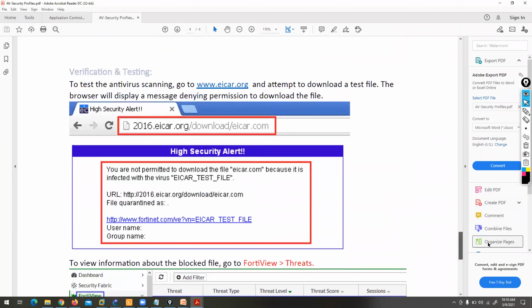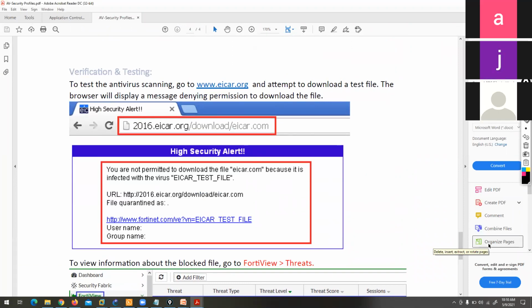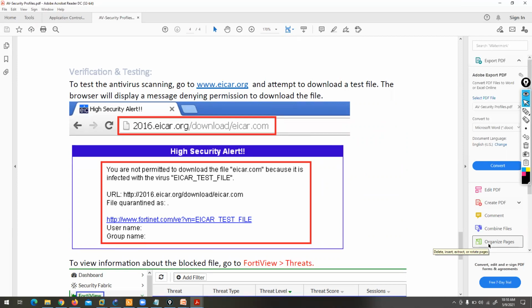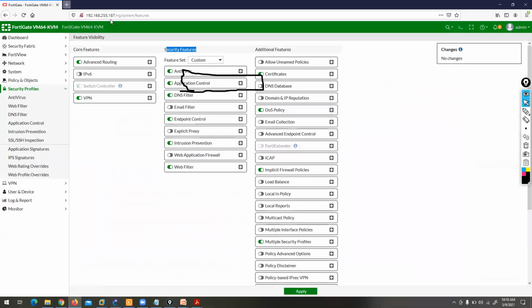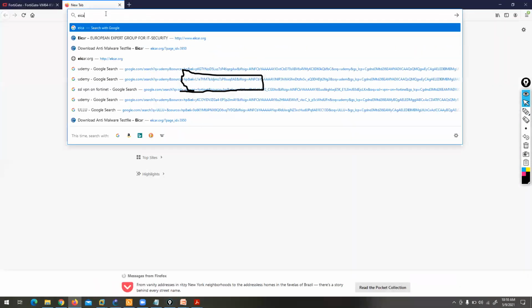See, this is the website, guys. If you are working in a real scenario, or maybe in your organization, you have a signature and a license on your FortiGate. So yes, you can test it. The point is, for testing, you can use this website. The website is very dangerous. If you want to crash anyone's system, you can open this website,